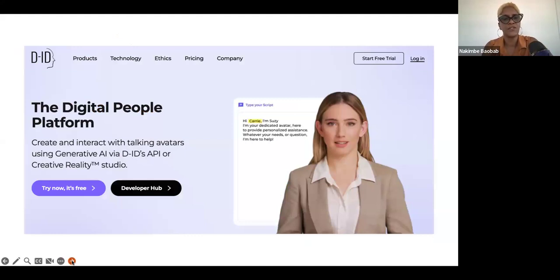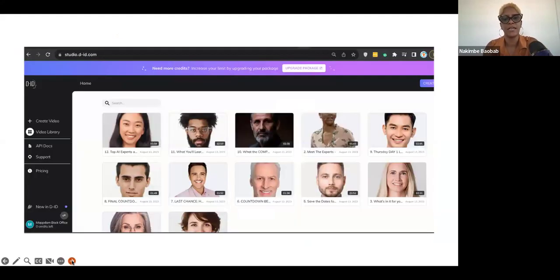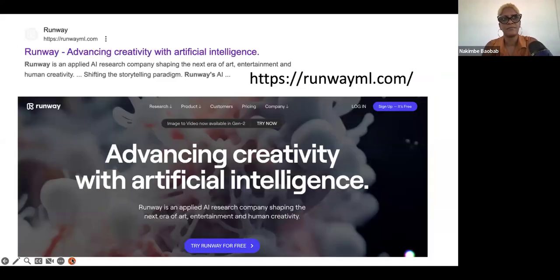So again, if you don't want to be the face of your business, you can actually create an avatar. You can go on here to DID and pick someone. This is a picture of me. You can upload a picture of you and have it talk for you. You can use your voice and it can replicate your voice, or you can pick a different voice, an English voice or an accent to your native place, and have it run that.